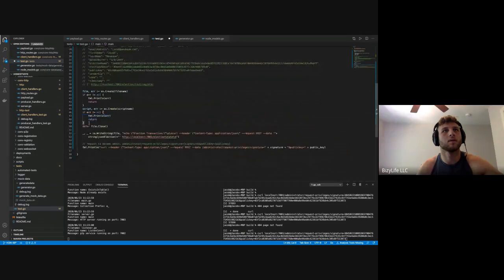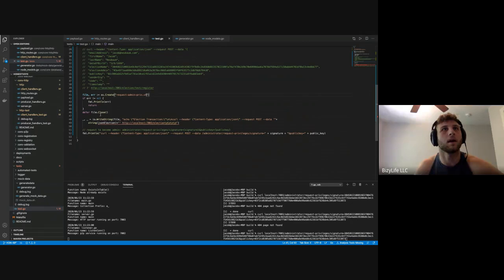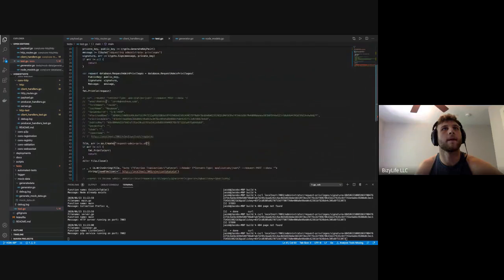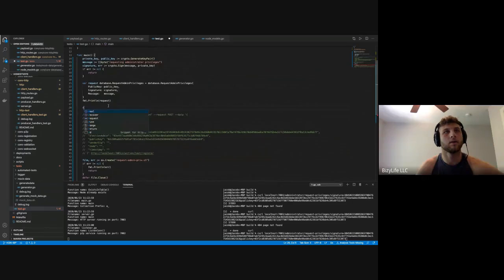File, create request, admin priv dot txt, or dot sh. Do that. So it's going to write this. Okay, it's going to take in a JSON object, it looks like. So we can do JSON request is